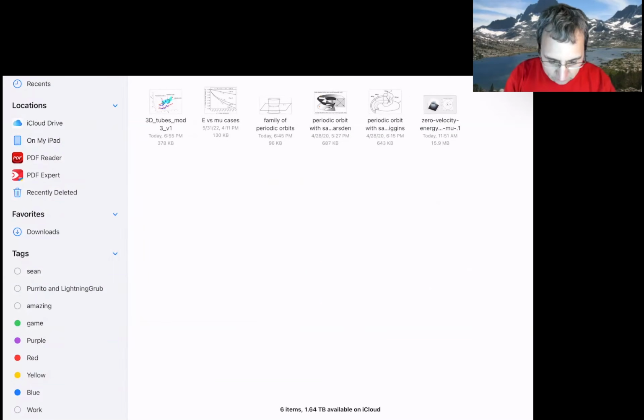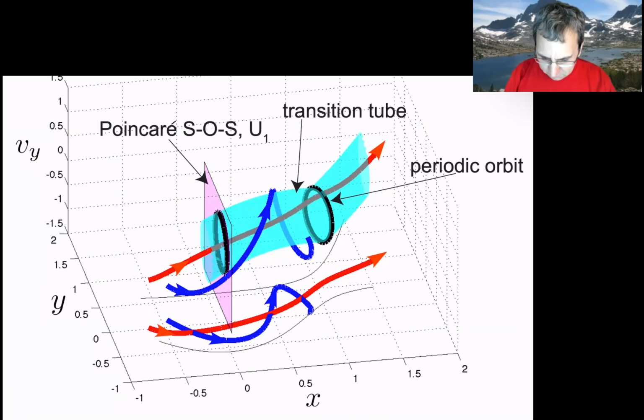So here is a depiction showing the periodic orbit and tubes in a three-dimensional projection of the four-dimensional phase space. So this is showing there's a periodic orbit, right, where these necks open up. And if we were to look in phase space, there's these tubes that are related to every point along the periodic orbit. We can find a stable and unstable direction, and then you could compute a trajectory. When you can connect all those trajectories, you get a continuous thing that has the geometry of a tube in